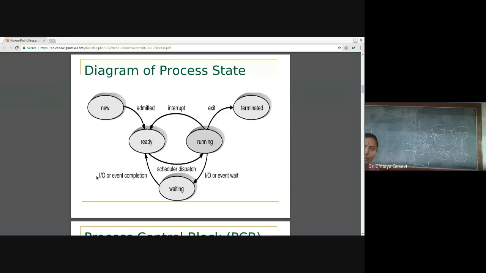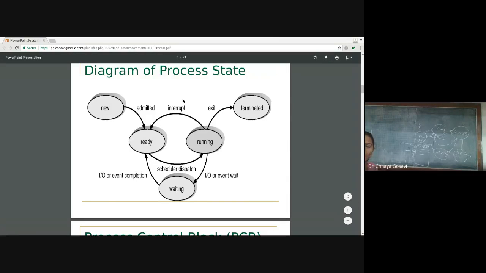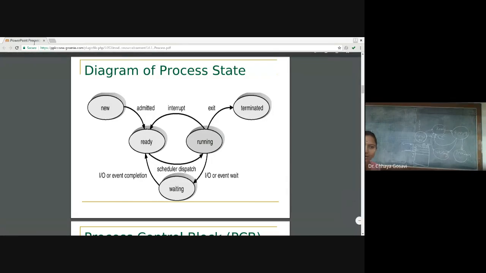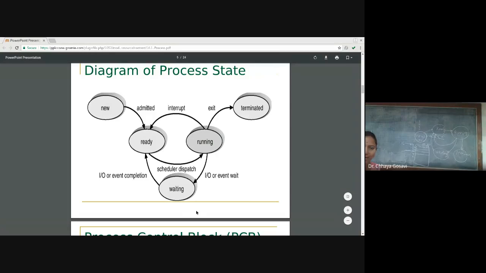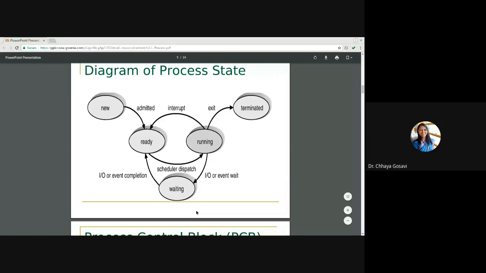When the input output operation completes, or the event the process was waiting for completes, the process is again ready for execution, and goes from ready to run to terminate. Is it clear? All 5 states? Any queries?